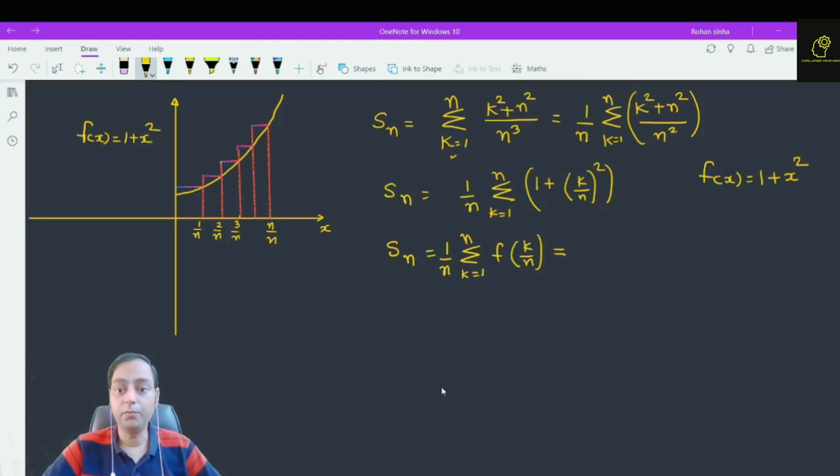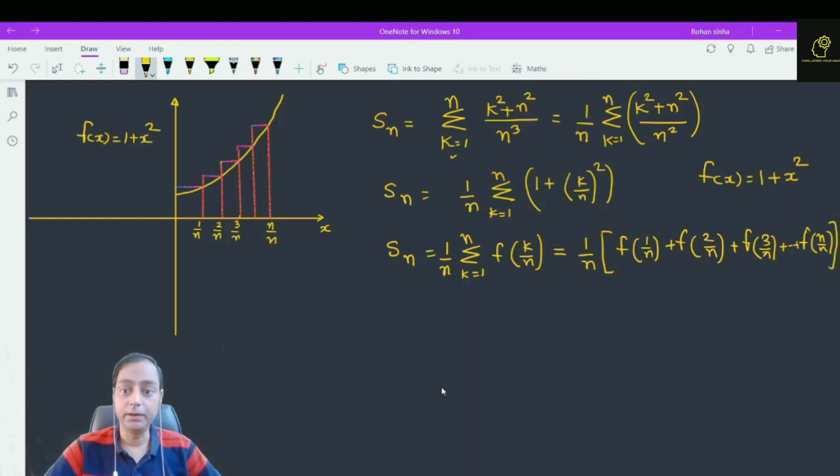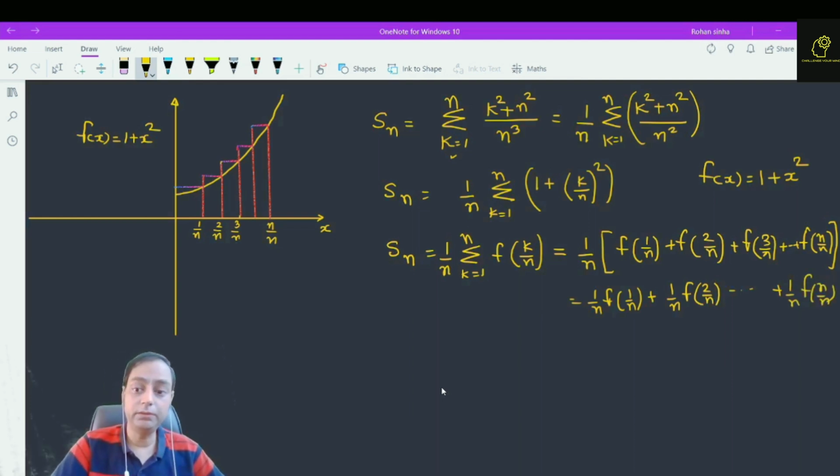Now, if we proceed further, what do we find? We find this is 1 by n times f of 1 by n plus f of 2 by n plus f of 3 by n till f of n by n. Now, what about 1 by n into f of 1 by n, 1 by n into f of 2 by n, up to 1 by n into f of n by n? What does it mean? It means these all represent